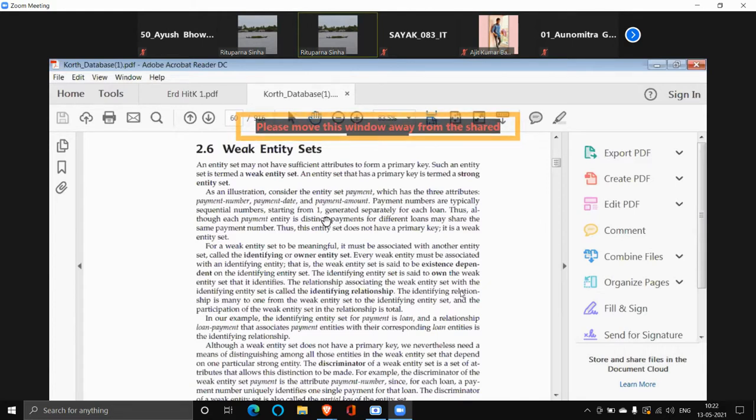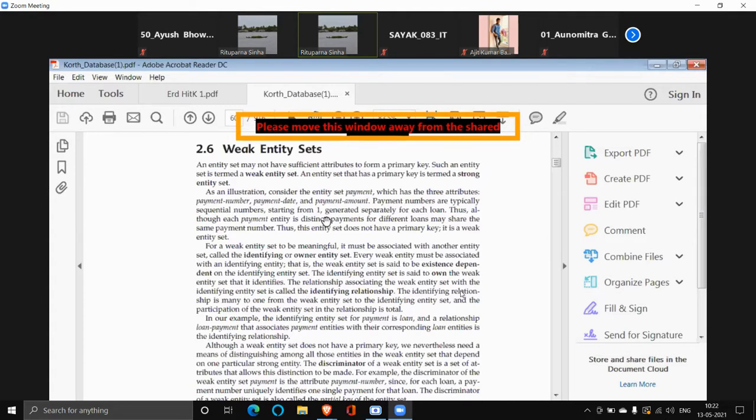Now, this payment will be known as a weak entity set. Why will it be said to be a weak entity set? Because the payment entity cannot stay independently. Because payment means what? Payment against something, payment against a loan.